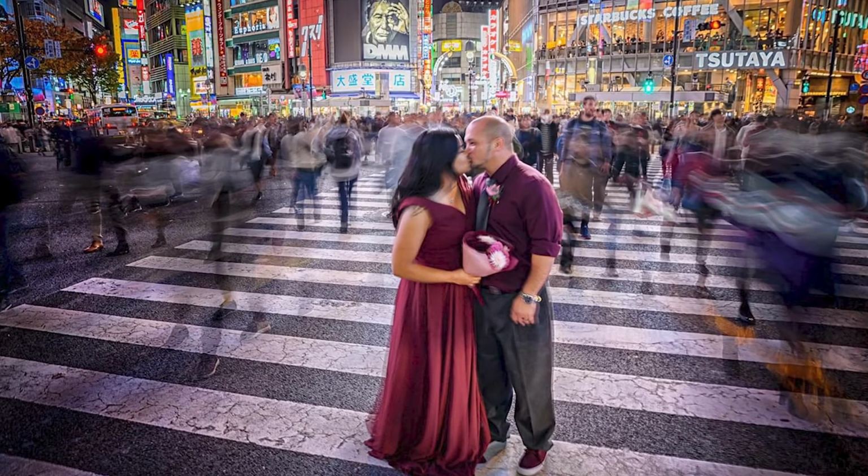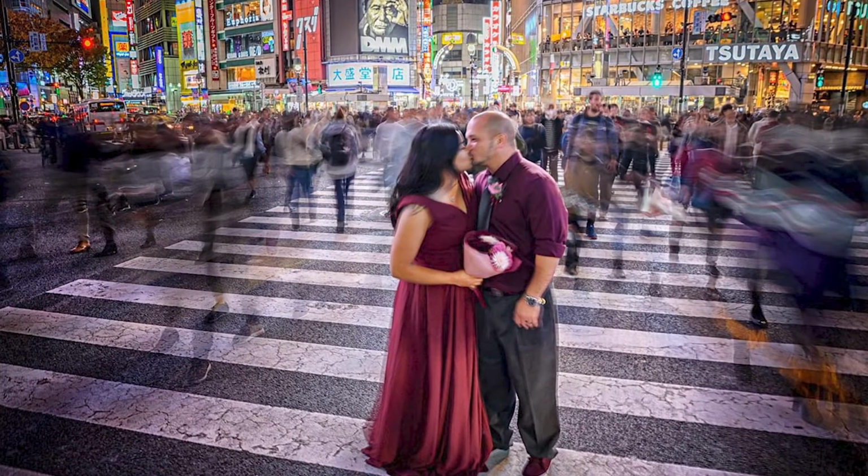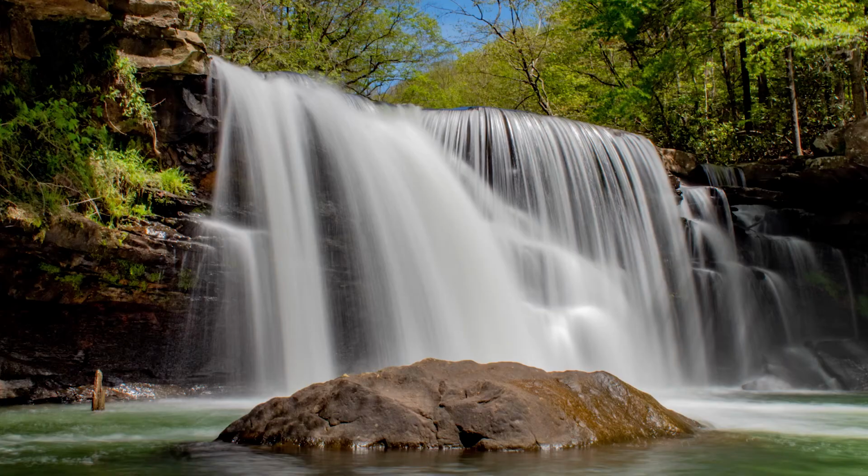And you get to have fun with shutter by, let's say you've got a couple in the middle and they're kissing, and you leave the shutter open for about a second, and everybody else in the background is moving around. Then everyone is blurry while the person in the middle is of course frozen, since they were still during that 1 second shot. Maybe you're shooting a waterfall, and instead of capturing it in midair and seeing all the water drops, maybe you want it to look like cream, and it just smooths out and there are no ripples, everything looks super smooth, and that makes an amazing landscape waterfall type of photo. So that's really cool. So you could really have fun with the kind of motion you want in your photography,